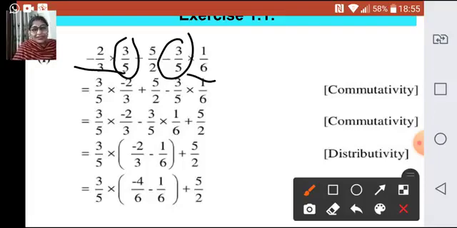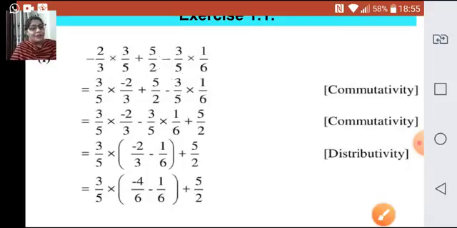Can we use here commutative property? That is a into b is equal to a into c. A common, we will bring it outside, right? Distributive property we can use. Commutative says that a into b or b into a is the same, children, right? So if we interchange the terms, it doesn't matter. The answer will be the same. So let us first use the commutative property.